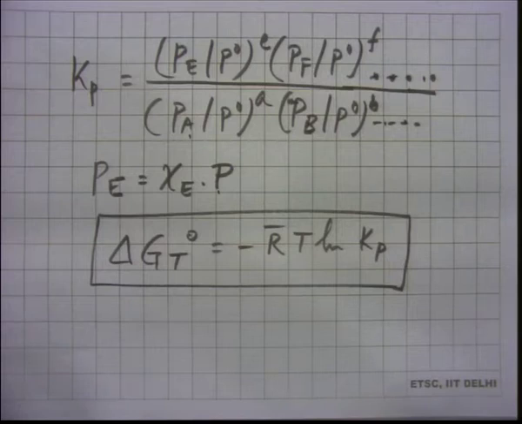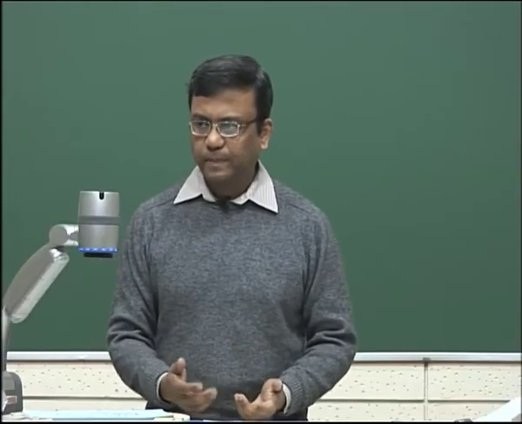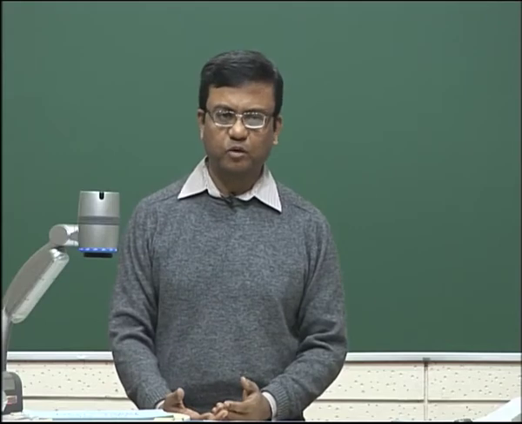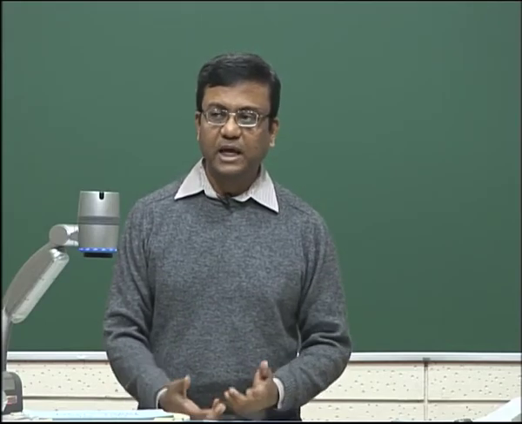Maybe some are known to you somehow from some source, but maybe all are unknown to you. Whatever is the situation, there are at least some unknowns hidden inside Kp through partial pressures, and we will frequently try to get the mole fractions. So, we need not talk about partial pressures being the unknowns, we can talk about the mole fractions being the unknowns, correct. So, this second law gives you an equation for the mole fractions. So, probably we can use this to get the equilibrium composition.